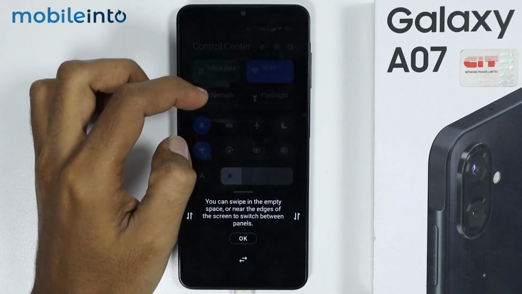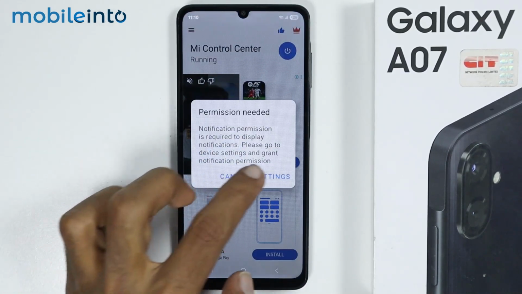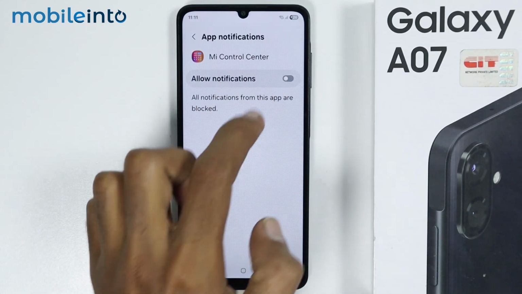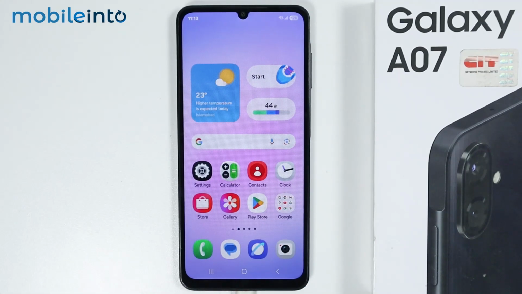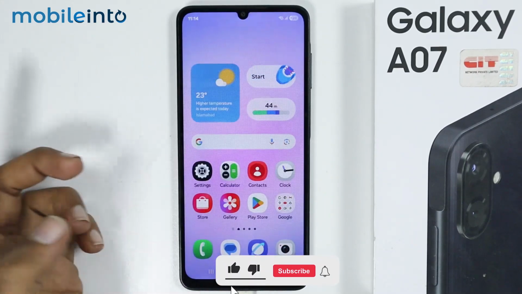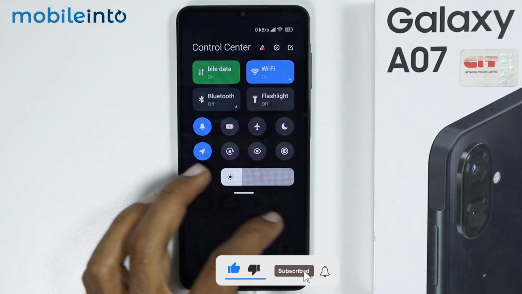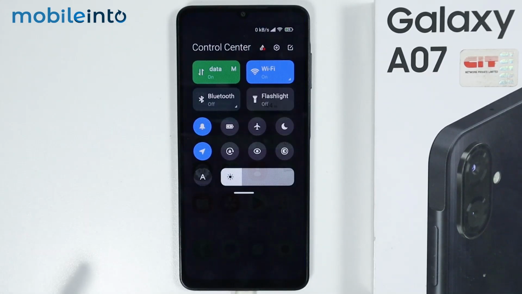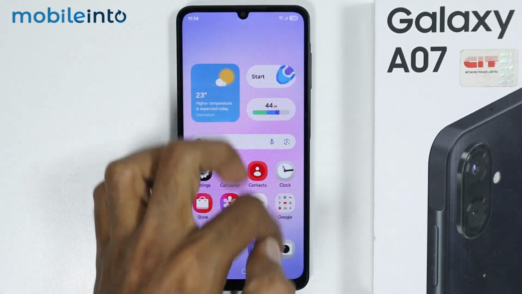Now just tap on OK. Now just tap on settings, then tap on notifications and enable this toggle. And once you do that, you will change the notification panel on your Samsung phone. Just like that. And this is how you can change the notification panel on the Samsung